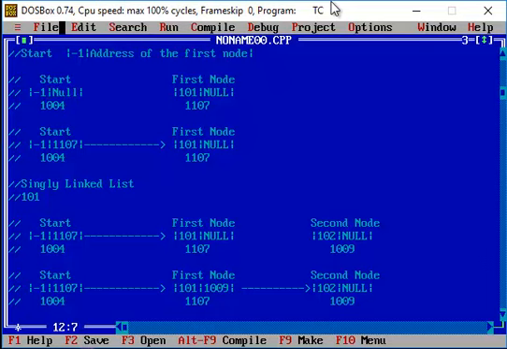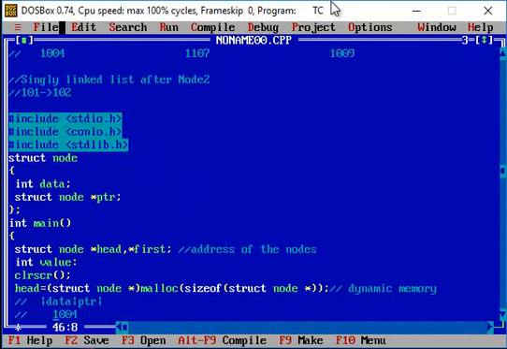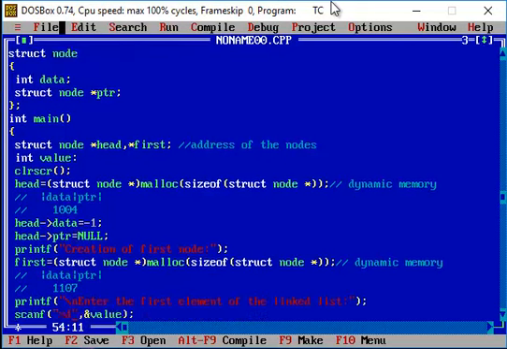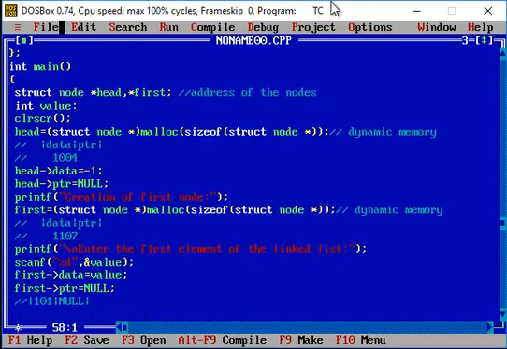But now if you are trying to create the linked list, the address field of the first node should be updated instead of null. Let's say for example the address field has been created. The pointer value of the head node is null now. Now this has to be reassigned. Once the first node has been created, the pointer field that is present in your header node should be updated to the address of your first node. This is the syntax, and now if you see, your singly linked list is now created.